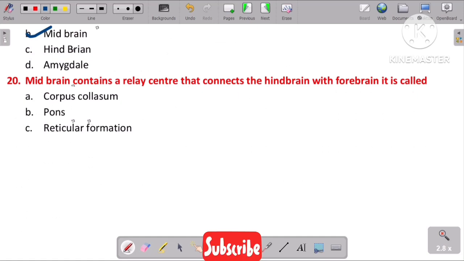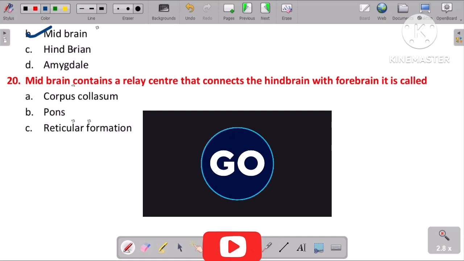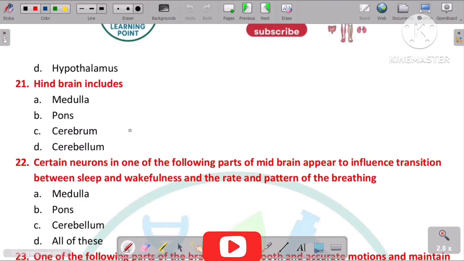It is called. So the options are, so the right option is option C, reticular formation. So the next question is, hindbrain includes. So the options are,